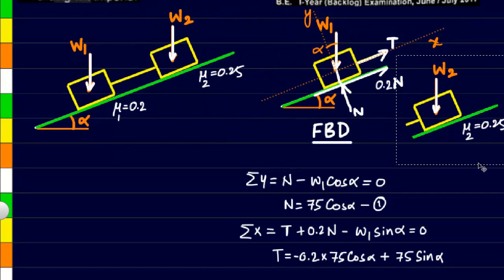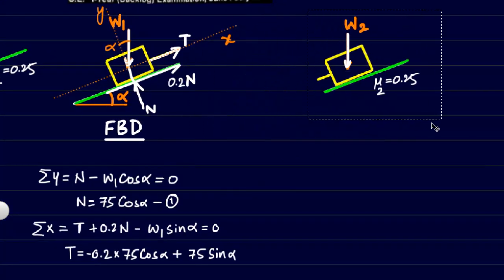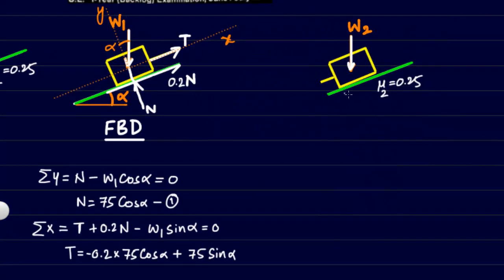Next, I'll have to take the free body diagram of the second block, the upper block. I'll take it like this over here. And now I'll have to do the free body diagram of this. So let me remove all the contact points and in their place replace them with their equivalent force. So this tension T will be the same that is acting here. These two form the action and reaction pair, and hence will be equal and opposite. Then there will be a normal reaction here on this block, and this normal reaction will be different from the normal reaction that we got in this block. So let me call this normal reaction M.